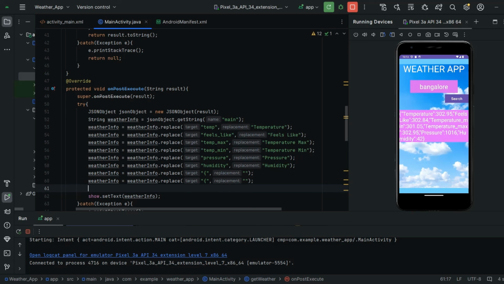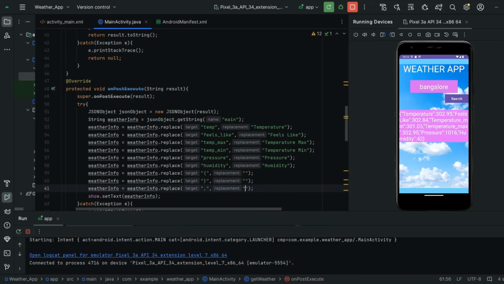Next I'm going to make changes for these. See, I want this temperature, feels like, temperature minimum, temperature maximum in next lines, guys. So in place of comma I'm going to give a new line. In place of comma, sorry, here it is closed bracket, right?